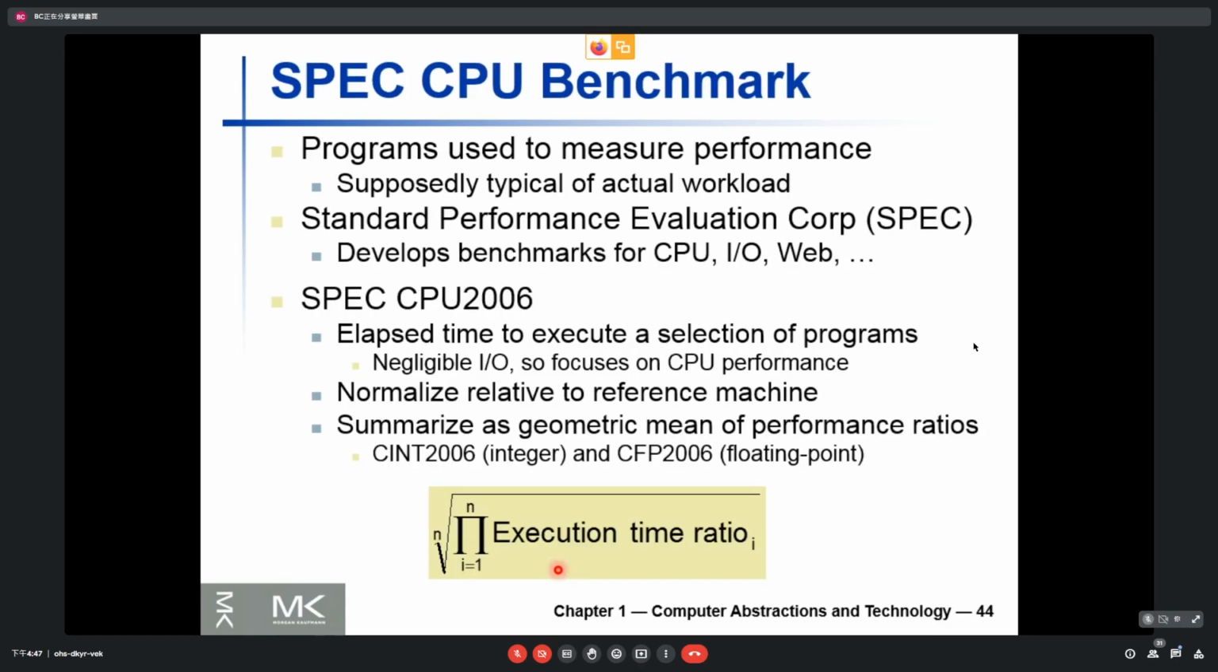Another important thing about the CPU or the performance is called benchmark. Benchmark 就是这种测试程式，就是跑分啊，你有没有手机跑分啊？跑分程式叫 benchmark. So these are the programs used to measure the performance. They are supposedly typical of the actual workload. But this benchmark will collect all these programs and put them together and use this to evaluate